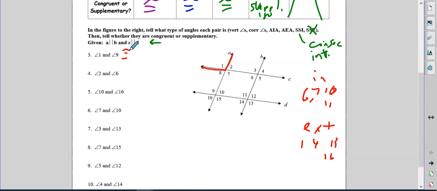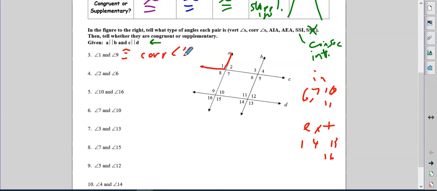And why? Well, again, look at it. If you look at lines C and D, 9 is inside and 1 is outside. Again, that's looking between C and D. All right, and the way you know it is ride the transversal. This is the transversal here, and it goes through C and D. So you want to follow the transversal, and then you'll know which lines you're looking for, interior and exterior. All right? So again, congruent, and those are corresponding